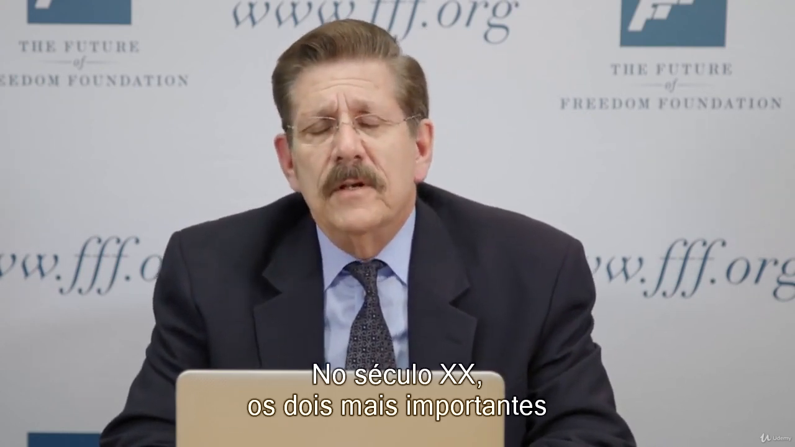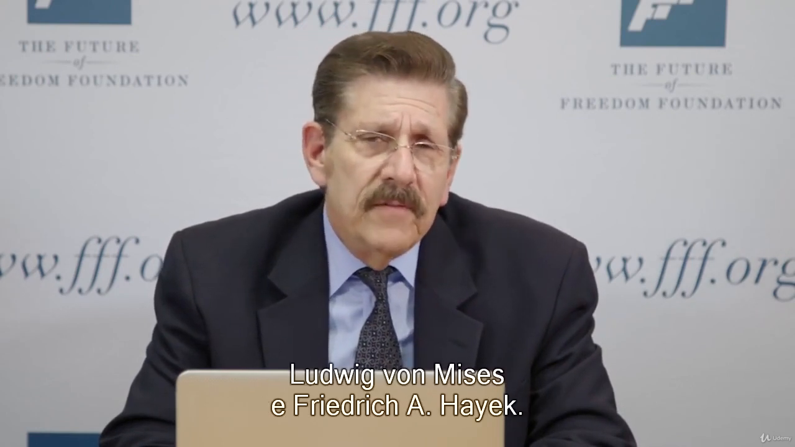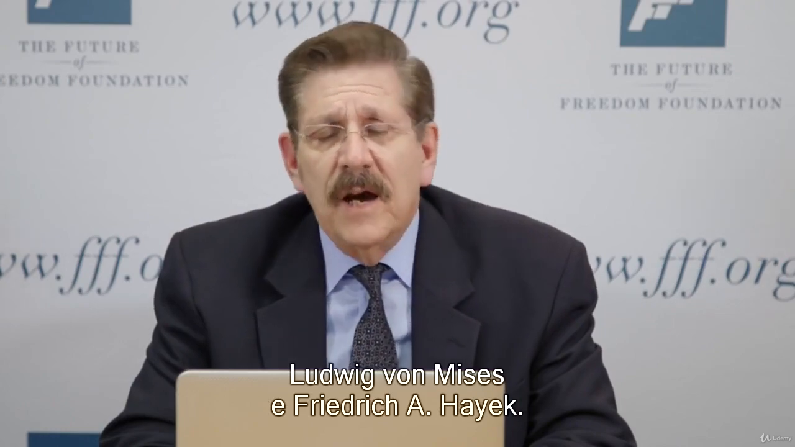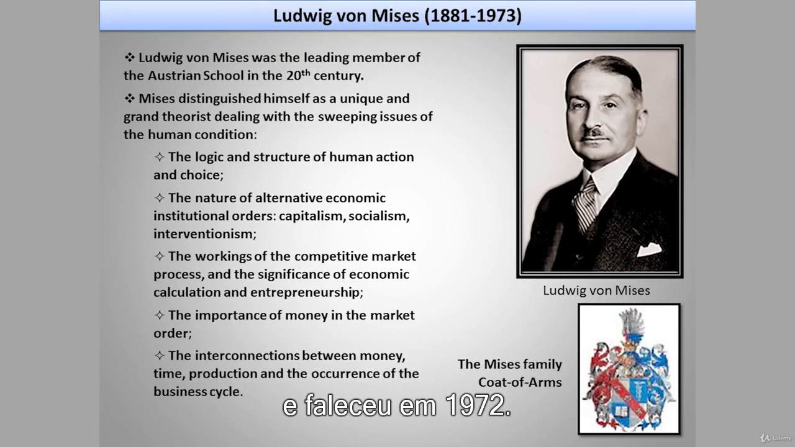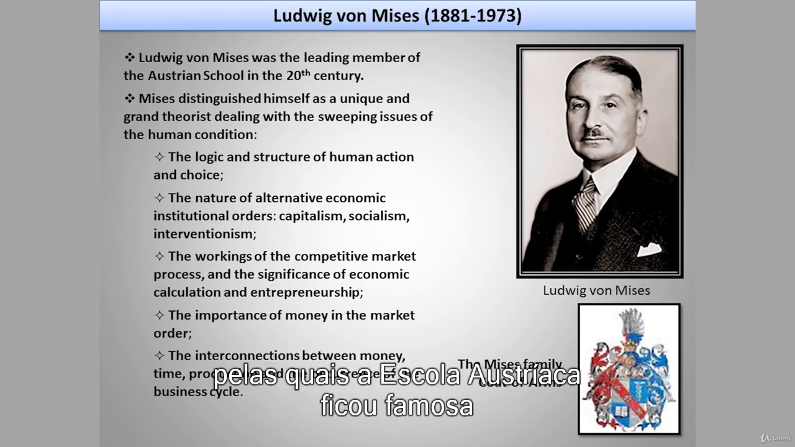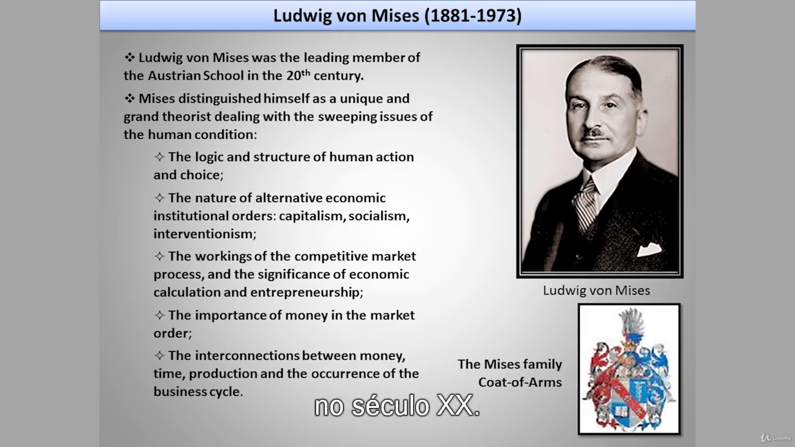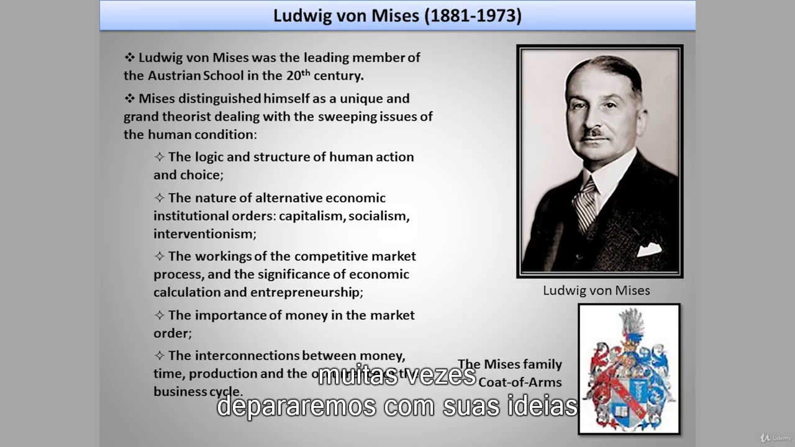In the 20th century, the two most important Austrian economists have been Ludwig von Mises and Friedrich A. Hayek. Ludwig von Mises was born in 1881. He passed away in 1972. And he really was the fountainhead of most of the ideas for which the Austrian school became famous in the 20th century. And in these lectures, as they progress, we will many, many times come across his ideas and his development